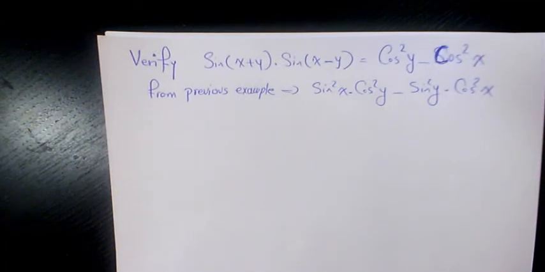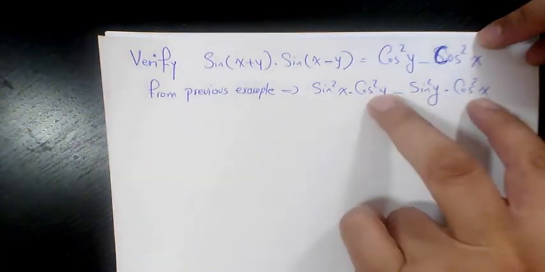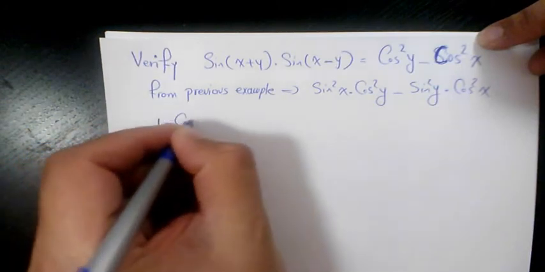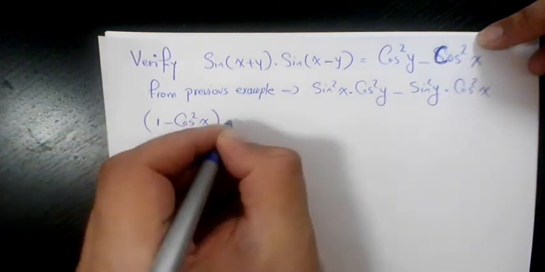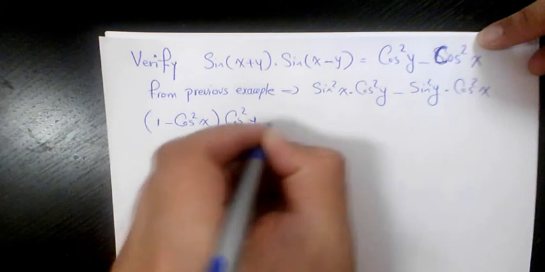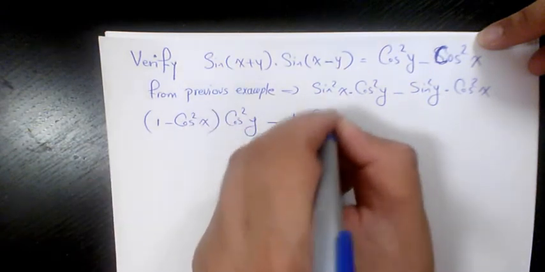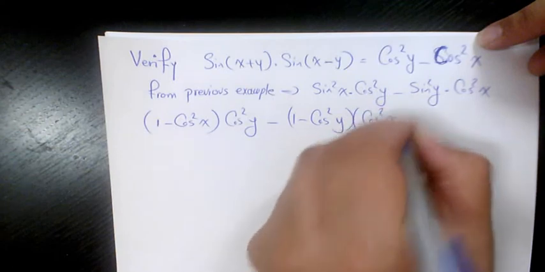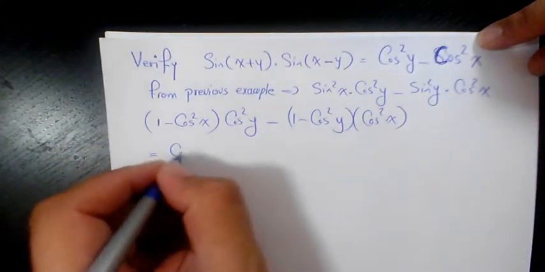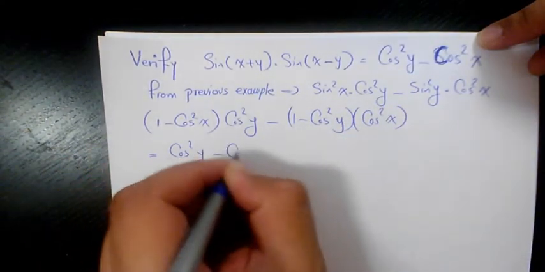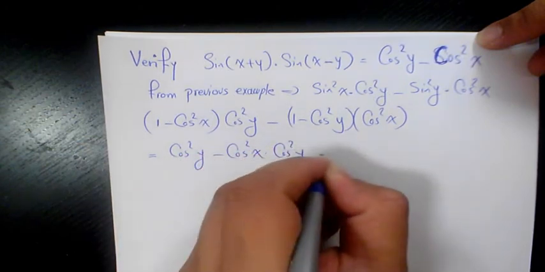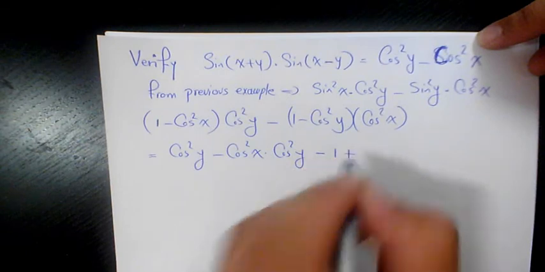Now in this case, we're going to get rid of the sines instead of the cosines. So we have 1 minus cosine squared x times cosine squared y, minus 1 minus cosine squared y times cosine squared x, which will be cosine squared y minus cosine squared x cosine squared y minus